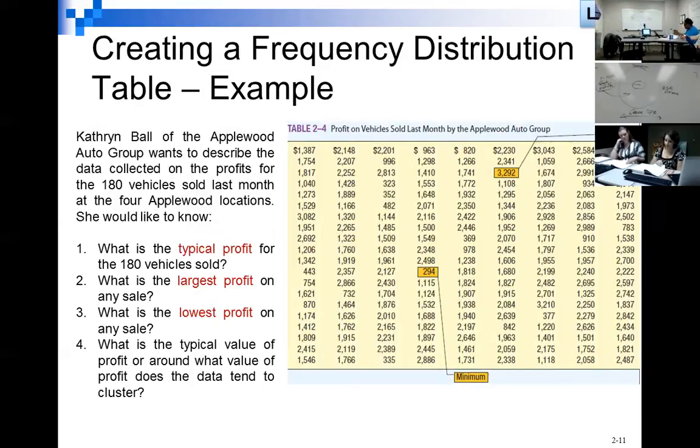Now, Applewood Auto Group is going to be presented throughout this text. Applewood Auto Group wants to describe the data collected on the profits for the 180 vehicles sold last month at